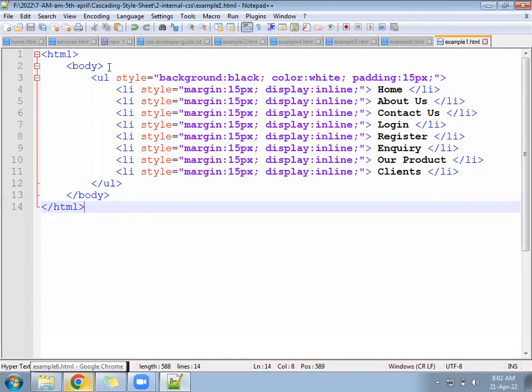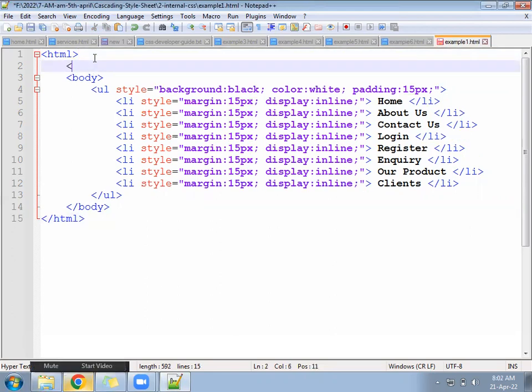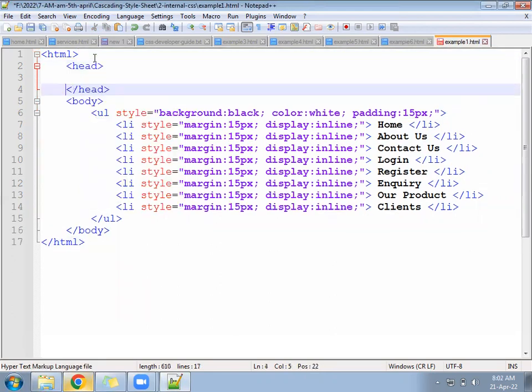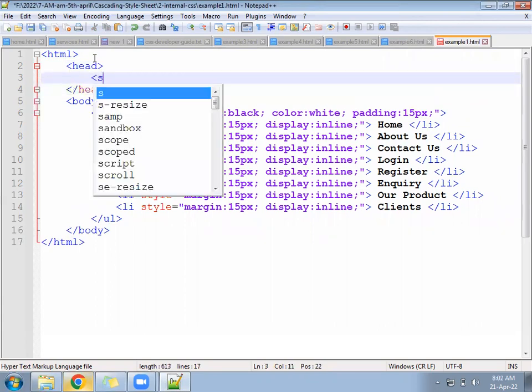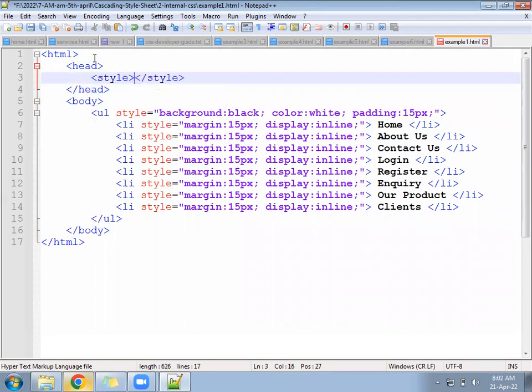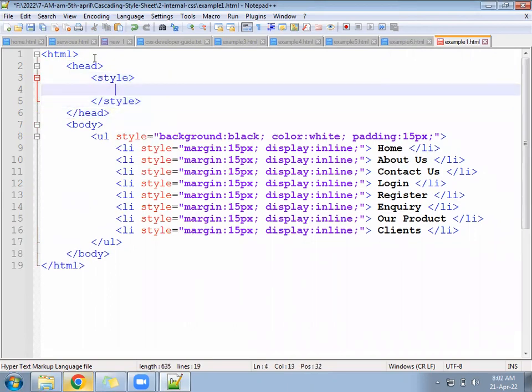In that, we have to open the head tag and close the head tag. Under the head tag, we have to use a tag called style. Open a style, close. Inside the style,